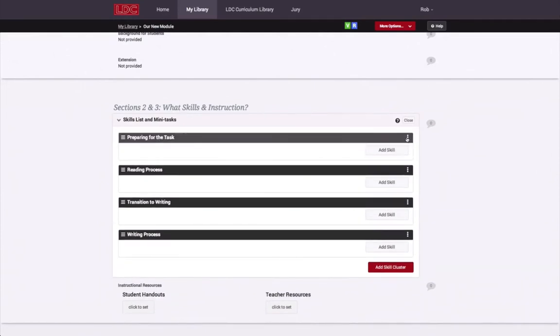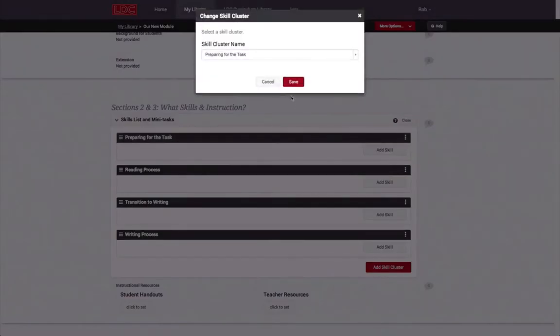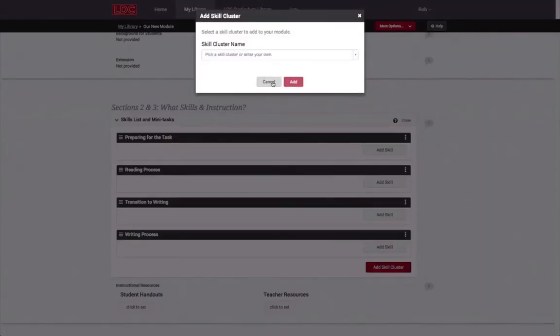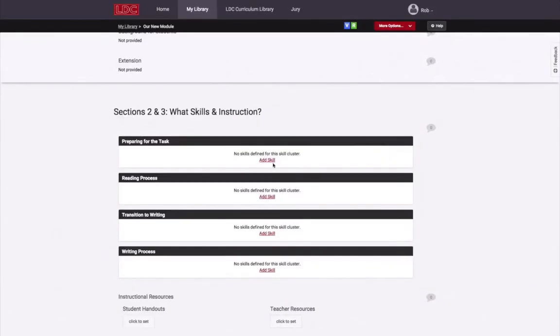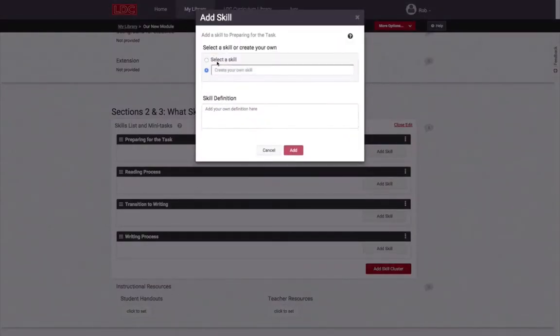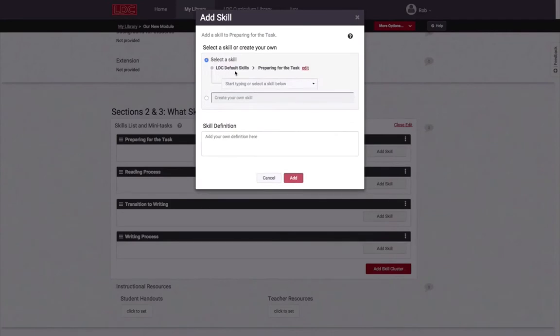These clusters can be modified or deleted, and I can also add other skill clusters if I wish. I can then create skills that go in each skill cluster. The Module Editor's Add Skill feature gives me 2 different ways to add skills to create my skills list. The first option I have is to select a skill from a default list of skills that are commonly taught